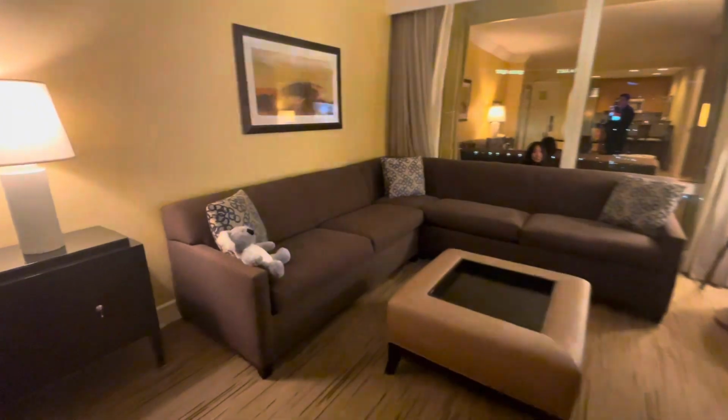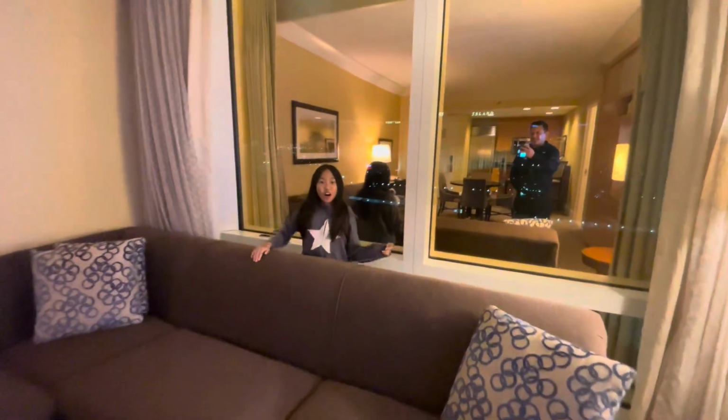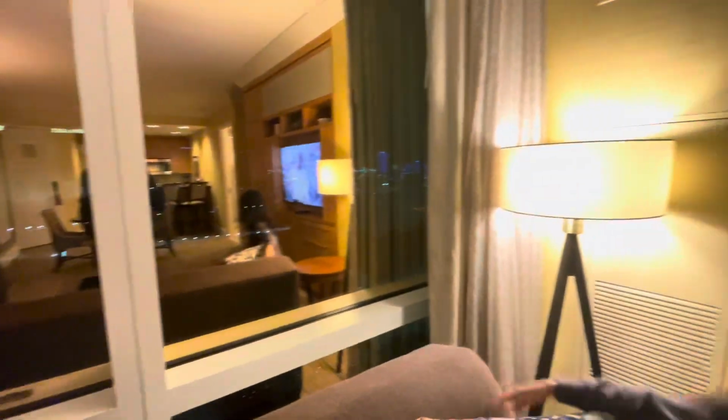Oh, look, I saw a koala. Hi, welcome to Trump Hotel. Towards my left, you can see out the window, there's the sphere over there. Yeah. It looks so cool. I wonder what they're going to play next. It's a strip view. We'll see it in the morning because right now there's a lot of light noise, but